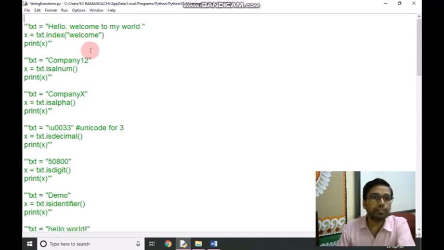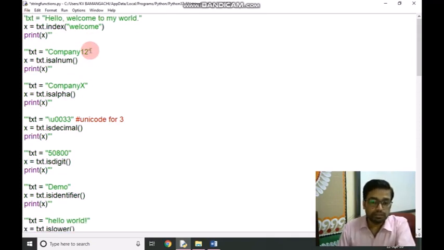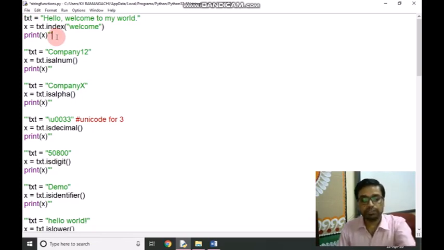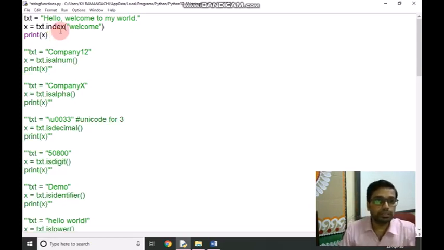Next is index. What does the index function return? It searches the string for a specified value and returns the position of where it was found. It will return the index of the string where it is found. In the previous example, it was the position. Position is called first, second, third, fourth, or seventh.